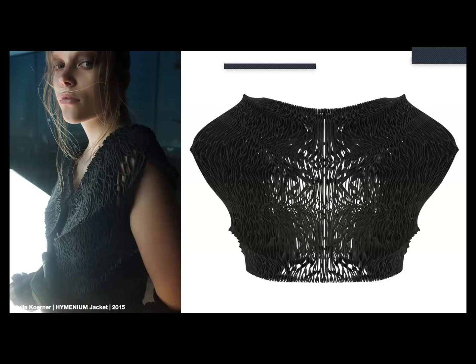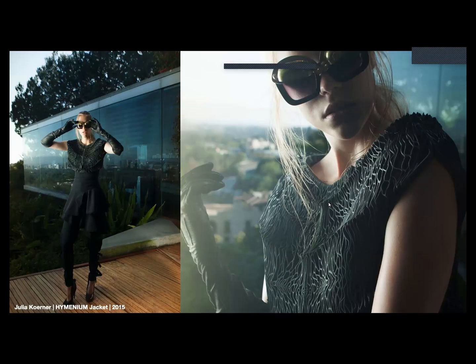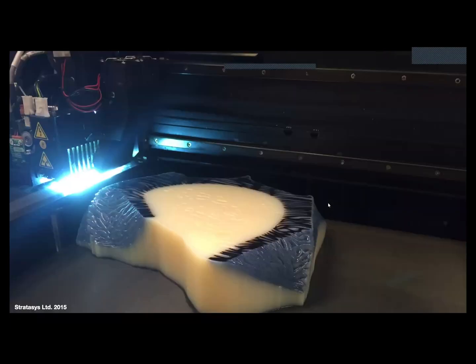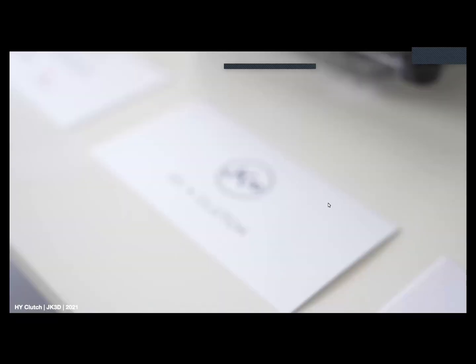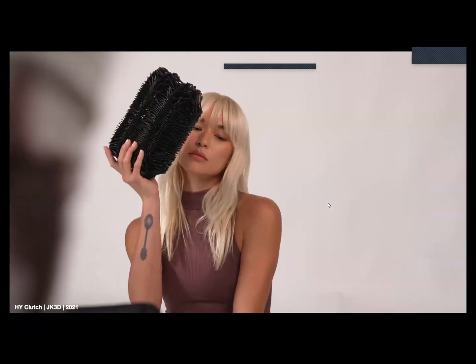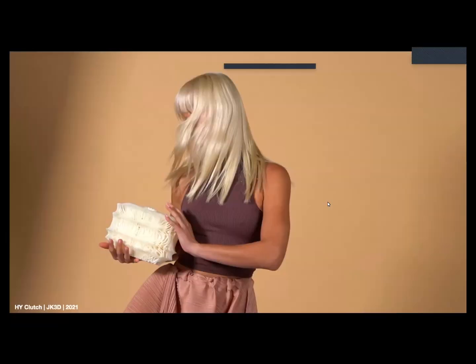I developed a Humenium pattern, which is generated parametrically in Grasshopper, and it looks like it's grown around the body. This was a project realized with Stratasys and 3D printed with a polyjet technology, which works similar to an inkjet printer, where it lays layer by layer material on a flatbed in color. This mushroom pattern and these lamellas also went into one of our first products, an entirely 3D printed handbag, where everything from the clasp to the pocket to the hinge is 3D printed.